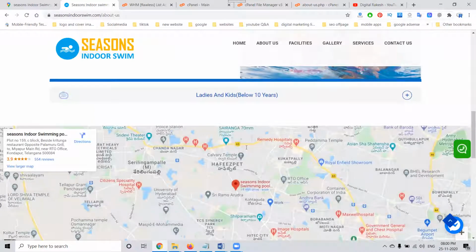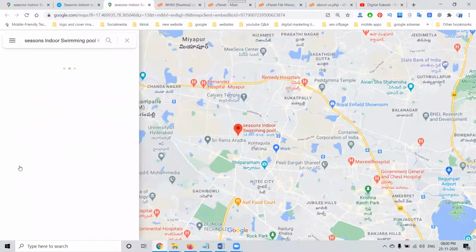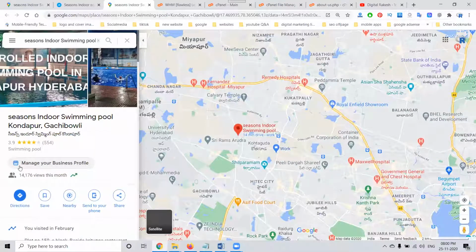So this will be used on the particular Google My Business to transfer traffic from the website to Google My Business. People will be able to click and go to the Google Maps option. So this is a method for people to easily know and capture your business address. This will be added on each and every page to increase the traffic for the particular Google My Business and